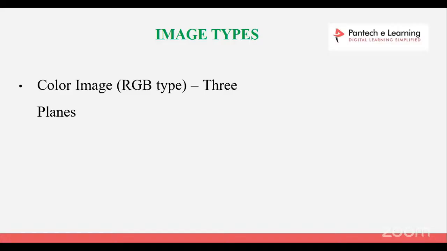RGB value is 0 to 255. Same like this, gray color value is also 0 to 255, but it is a single channel value. So what is the meaning of channel? For example, if we have an RGB image, each pixel has 3 values: red, green, blue. But if we convert to gray color, each pixel has only one value. That is the main difference between RGB and gray color, 3 channel and single channel. For black and white, the value is only 0 or 1.